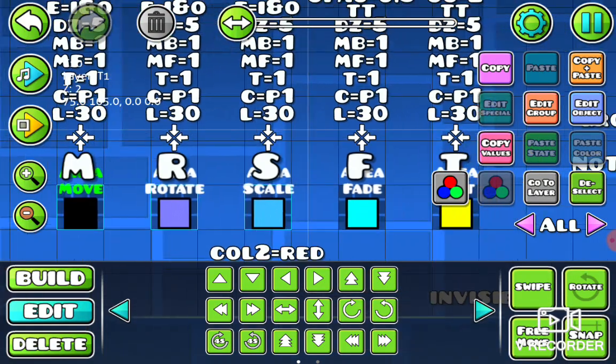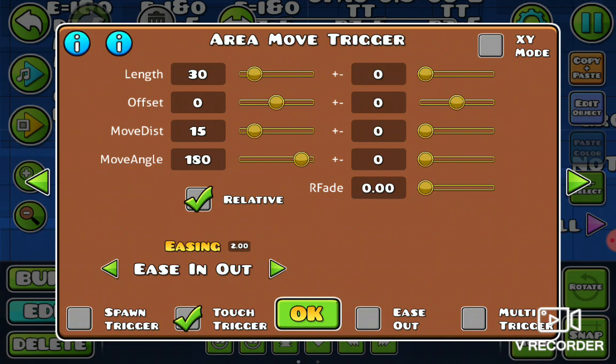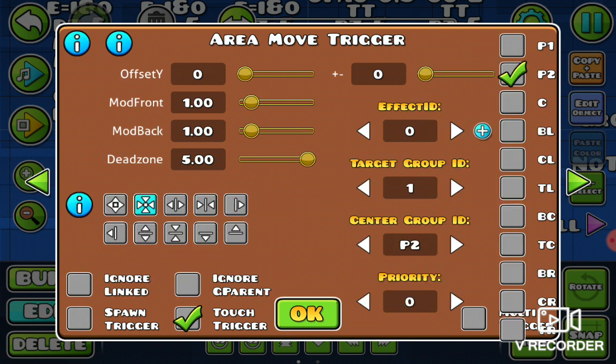If you want the effect that I have, you're going to want to have length 30, move distance 15, move angle 180. You want to select relative, ease in and out, and touch trigger if you want it to be a touch trigger or not. You want the arrows pointing inward like this,